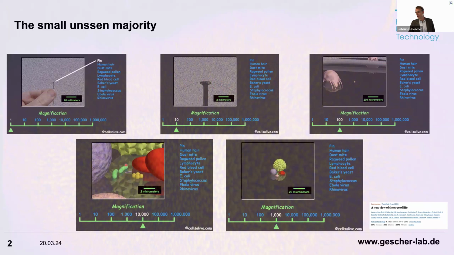we see the organisms that are actually the unseen majority. We see bacteria, and in this case, this is supposed to be an E. coli cell, and this is supposed to be a staphylococcus cell. These organisms are micrometers in size and very simple with regard to their overall structure, but these microorganisms, these bacteria, are the unseen majority